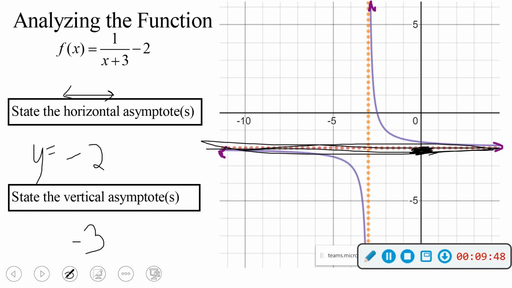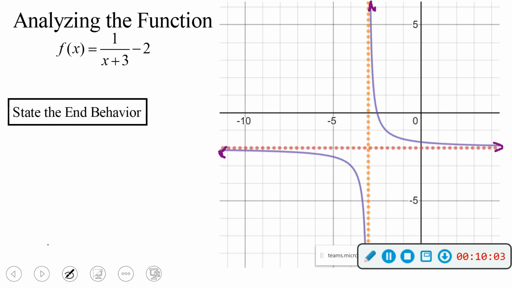Now it's correct. Vertical. If you've been in sports, specific sports will check your vertical, see how high you can jump. So vertical is up and down. It cuts through the x-axis at -3. So x equals -3. End behavior, if you recall,